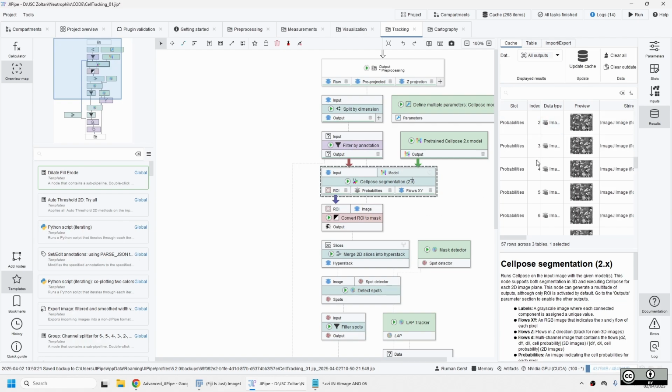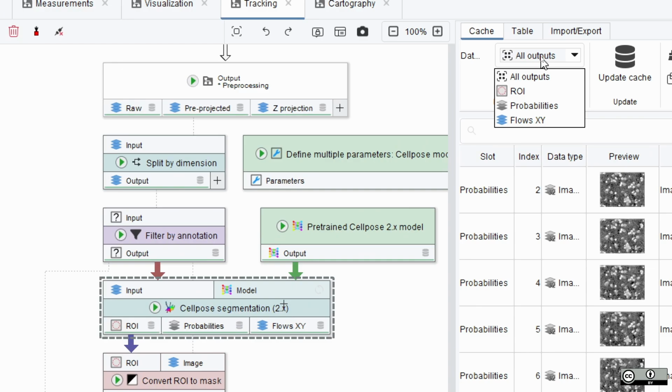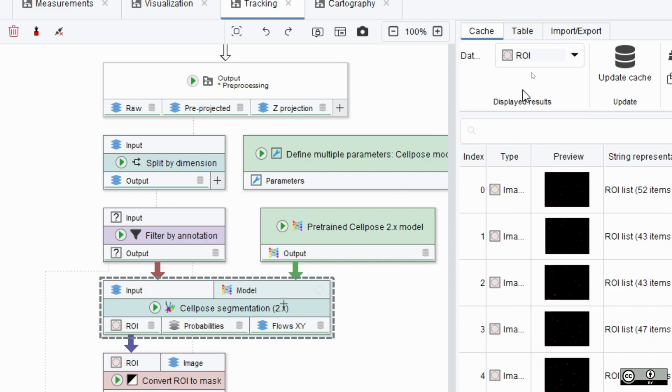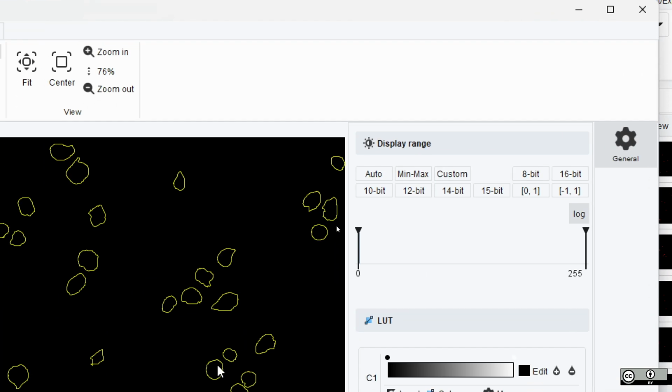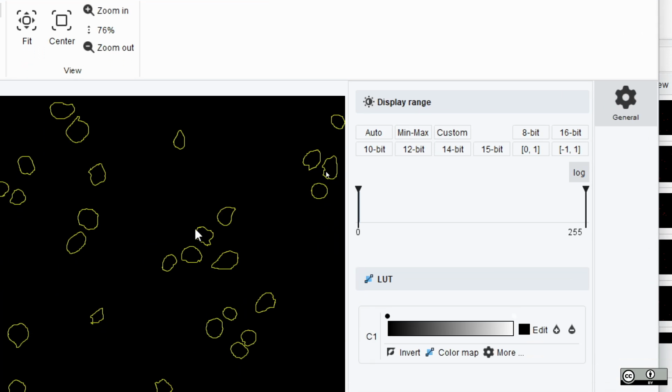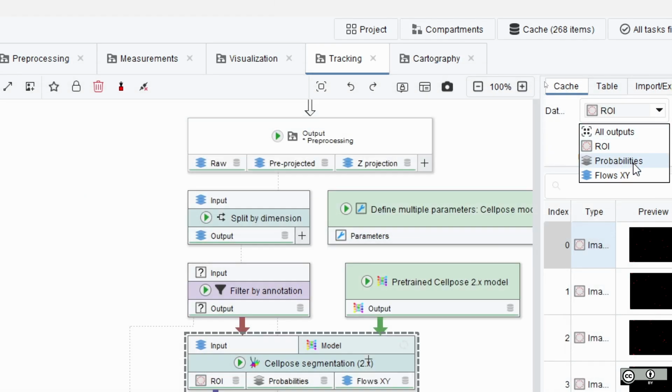We also, if you scroll down here, we also have the probabilities. In the cache, when you run a multiple output node, if you click on this tab where it says all outputs, it offers you the option to only show one of the slots. So if you click on all, then the cache will have all of them shown, but I can also just choose ROI, and then it only shows me the region of interest, and there's 19 of them. Now, what I wanted to show you, so the ROI we saw, this does what it's supposed to do, finds the neutrophils. But if I, for example, look at the probabilities,